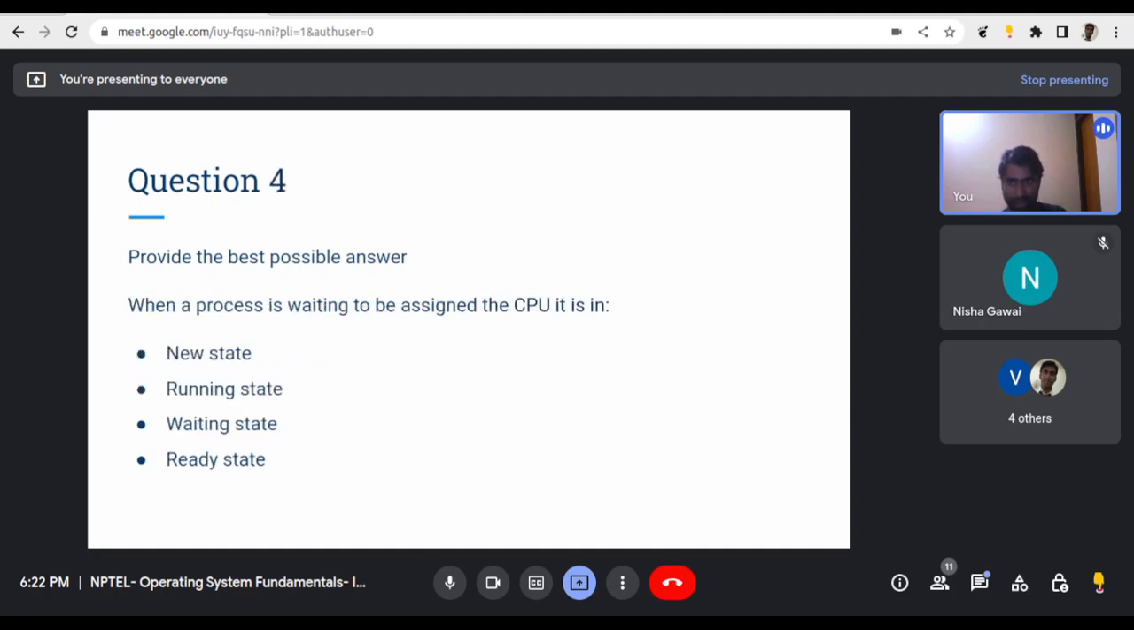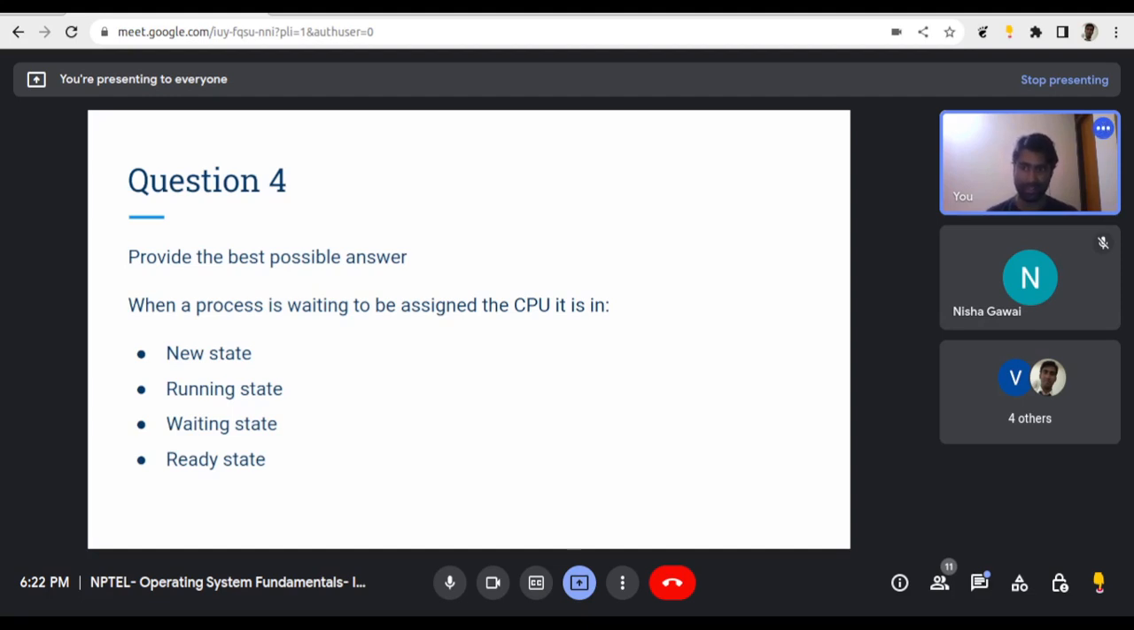Anyway, let's go to the next question. When a process is waiting, these are with reference to the various stages that a process can go through, right? The state transition diagram, as you may know. So these questions are in relation to the state transition diagram. Okay. So when a process is waiting to be assigned to the CPU, can you say what state it is